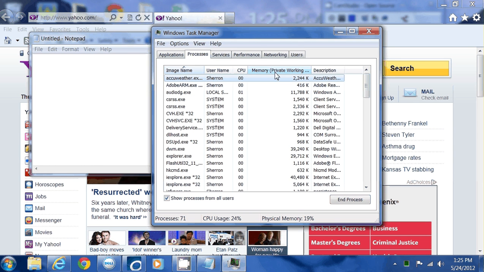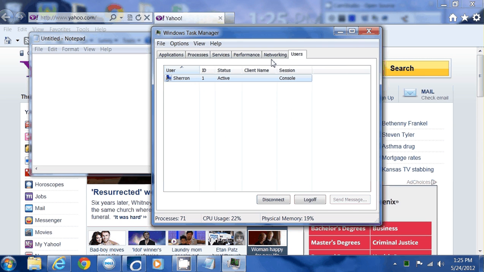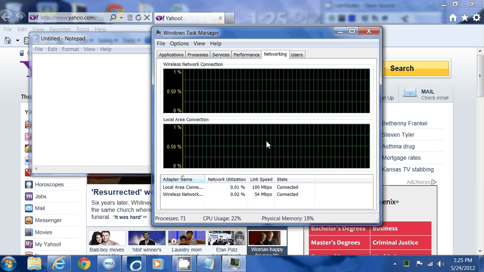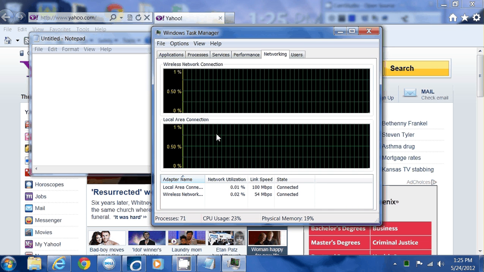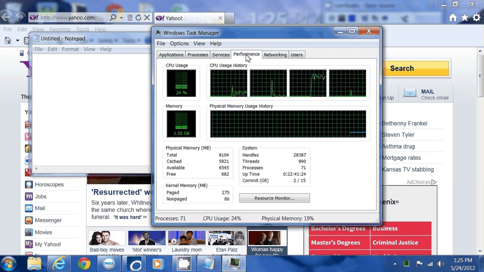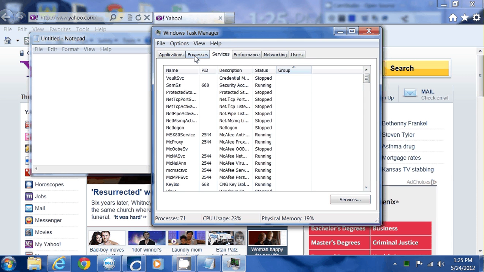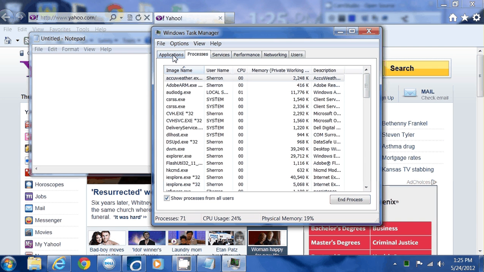And then we're going to go back here, and you can see the users, and I'm the only one. You can also go into the networking button. It doesn't tell you a lot, but it tells you a little bit. The performance, whether it's running good or running bad, how much physical memory. This will tell you a few things about your computer. And these are services that run. And you can also set the affinity or set priority